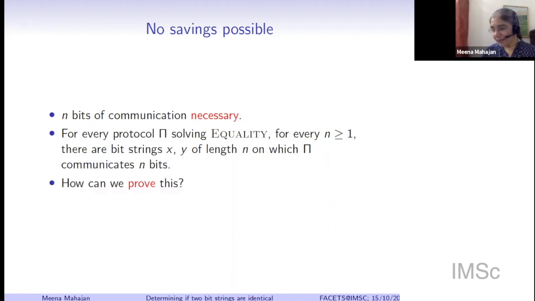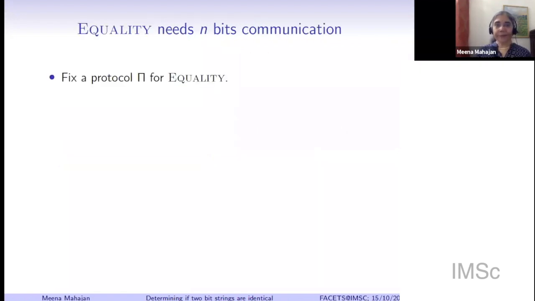How can we prove this? Of course I can jump in immediately and give you the proof, but maybe again, take a minute or two to think about how one would go about establishing this in a completely rigorous formal way. So let's start off. We'll do this proof line by line, and hopefully you can see how it develops as we go along. It's not a very difficult proof.